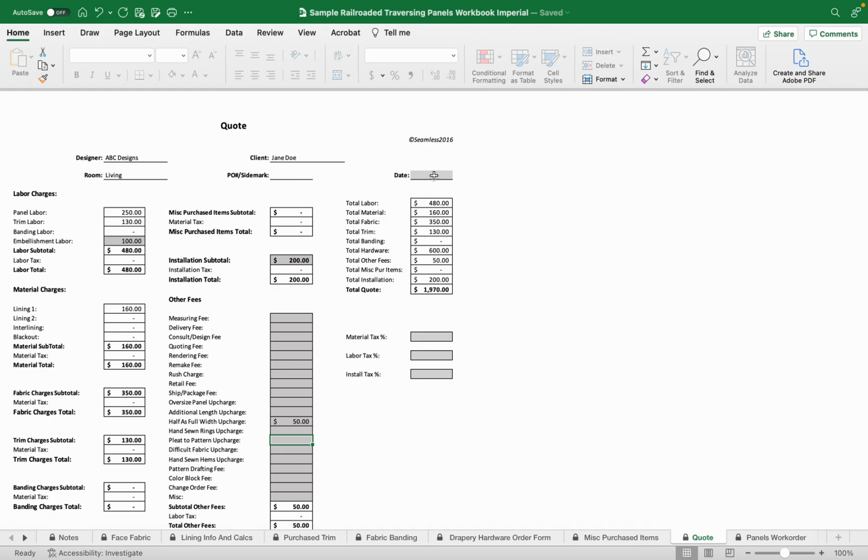You can put a date here. I find that to be really important. Fill in your date so that you know when you have quoted that. And if you notice over here, I've put in, suppose I'm going to do some buttons or another embellishment. But all of the panel labor, the trim labor, the embellishment, here's my labor subtotal, and that is carried over to this final column. Material charges,